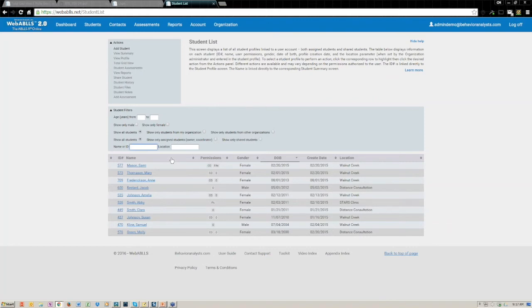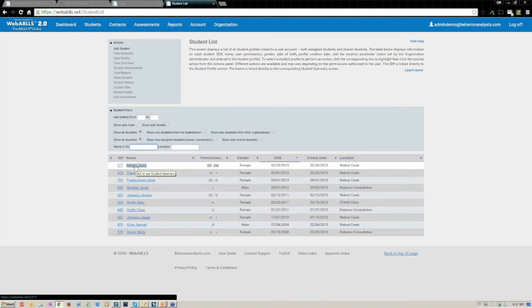The other thing I want to point out is wherever you see a student's name, that name is hyperlinked to the student summary, which we're going to go to in a few minutes, and the ID number is actually hyperlinked to the student profile, which is where you enter the student's information, name and birth date. So these are handy to know throughout the site.